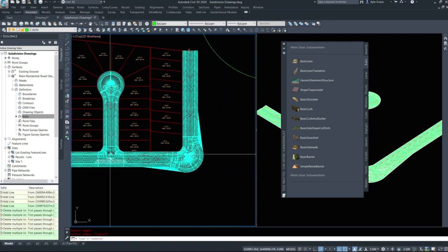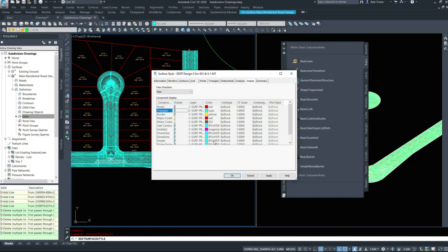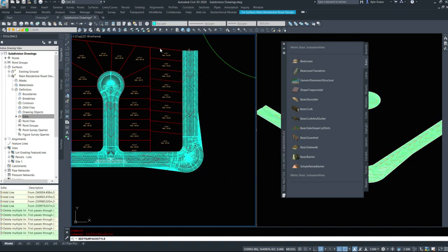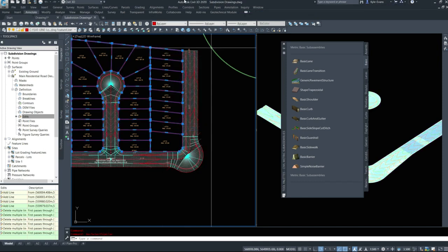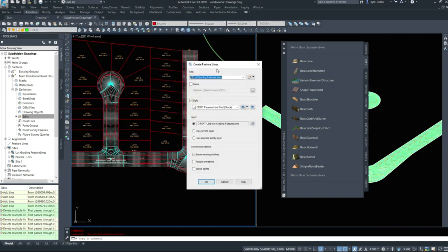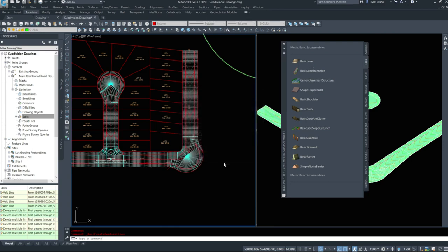So I've deleted the lines in the middle. I'm going to turn these triangles back off, and then I will go and make my feature lines again. So I'll do a select similar, grading, create feature lines from objects, lot grading feature lines, again make them magenta, erase existing entities, assign elevations. We want these from our main residential road design, and we want them relative to the surface by 0. So if our corridor moves up and down vertically, these feature lines should pick this relative elevation from this surface and adjust with it. So I'm going to hit OK